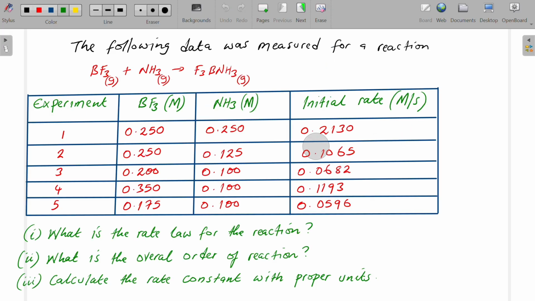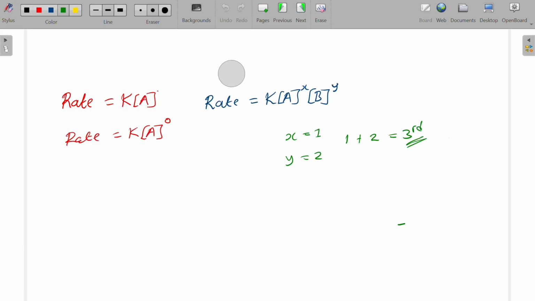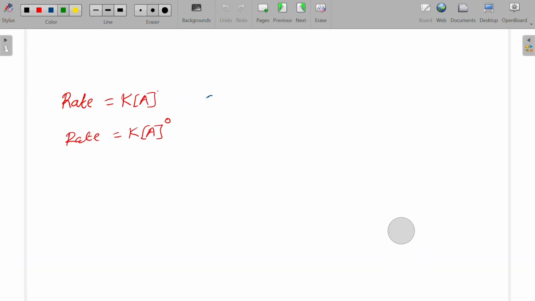are given. So the information we are given here is we have BF3 added to NH3. As I said earlier on, we only focus on the reactant side. So if we are writing the rate law, they are saying what is the rate law for the reaction. If we are writing the rate law for this chemical reaction here, our consideration is the reactants. So in this case, we'll say, according to what we have there, we'll say the rate